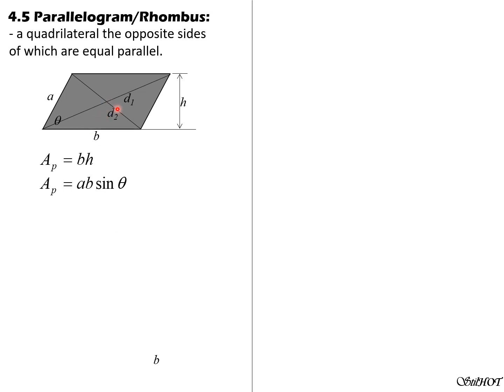Now, if the angle formed between the diagonals is T, that is also T. For the other angle, this is 180 degrees minus T. And since area is 1/2 the product of the diagonals, remember, from area of quadrilateral, we also showed that the area is 1/2 the product of the diagonals times the sine of the angle formed between the diagonals, whether that angle is acute or obtuse, or its supplement, doesn't matter.